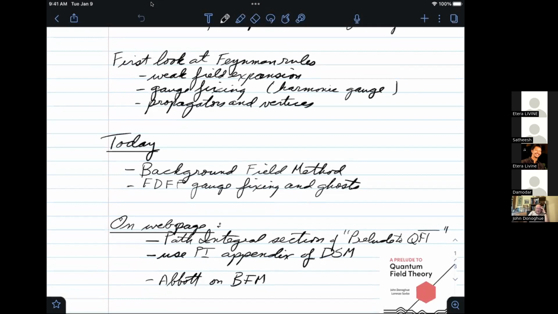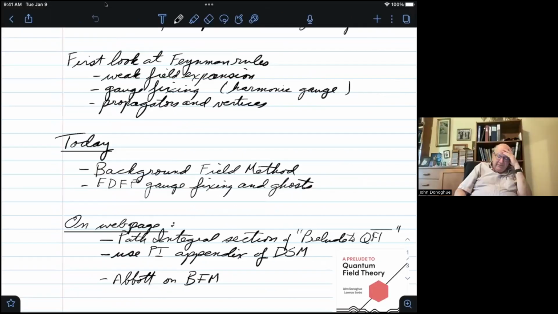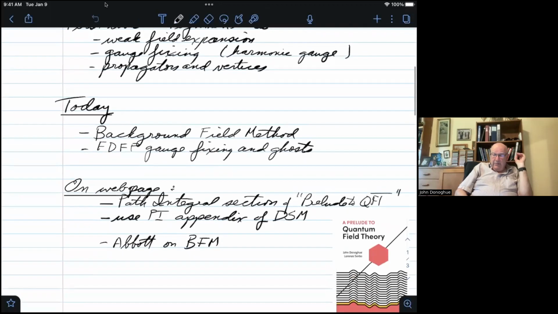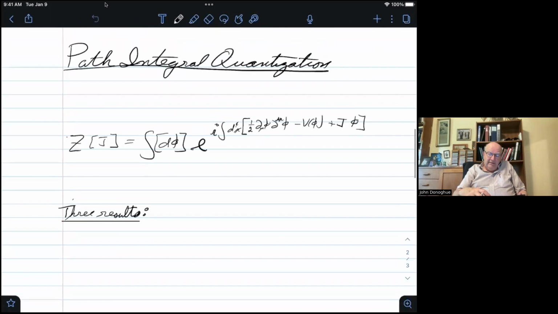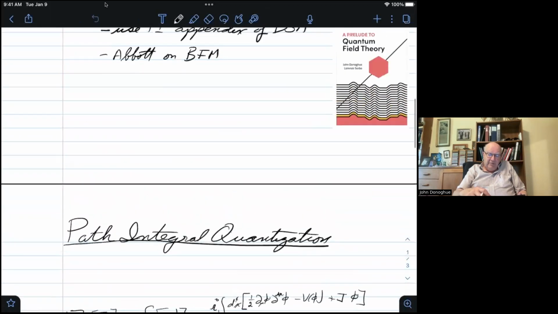And then the second is the Feynman, DeWitt, Faddeev, Popov ghosts, gauge fixing technique, where we complete the Feynman rules by getting out the ghosts' Feynman rule. I'm going to be doing path integrals, so my starting place here is talking about path integrals and a